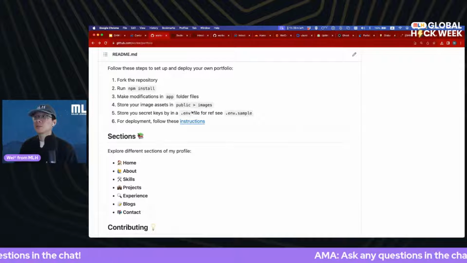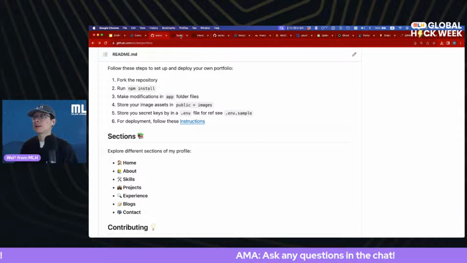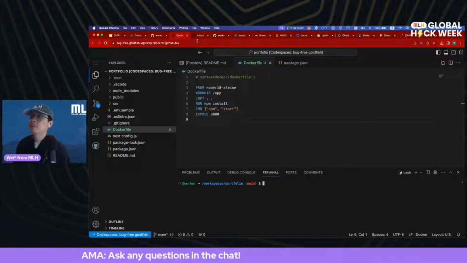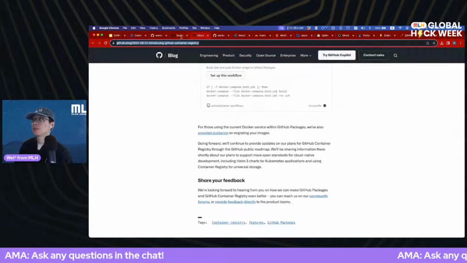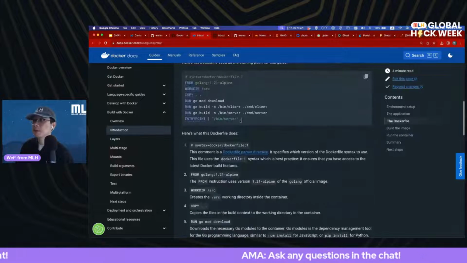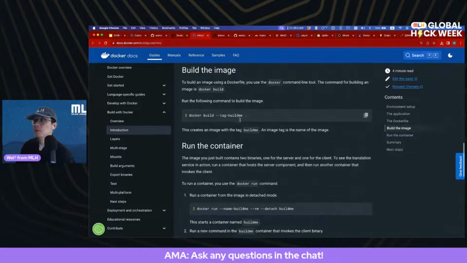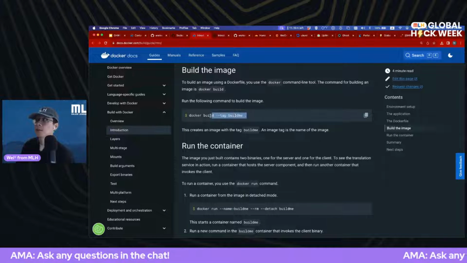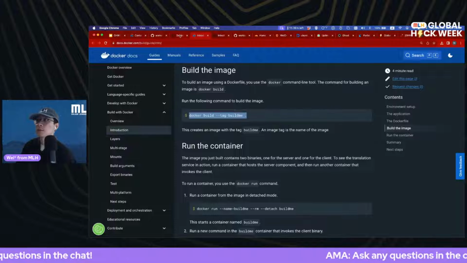We also need to add some secrets, so we won't do that right now. Let's just try this out and see if it works. And if you remember from our intro page, the command to build the image is docker build --tag build me, right? So let's try that real quick